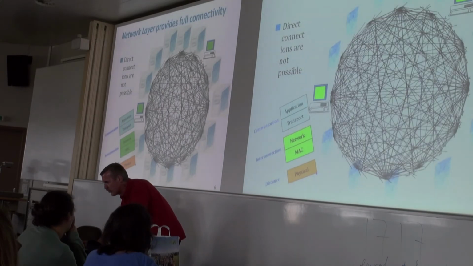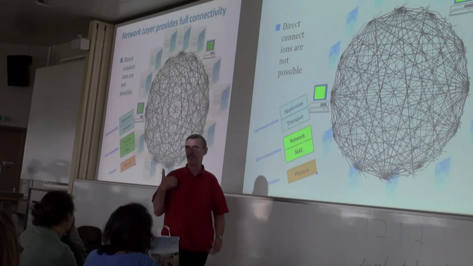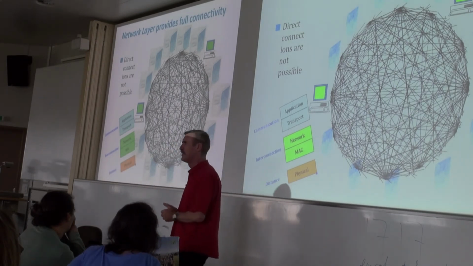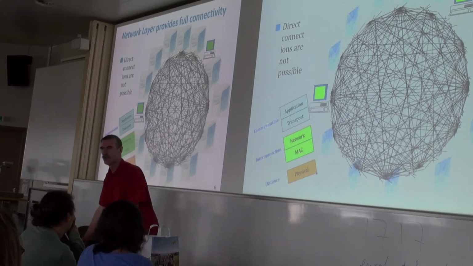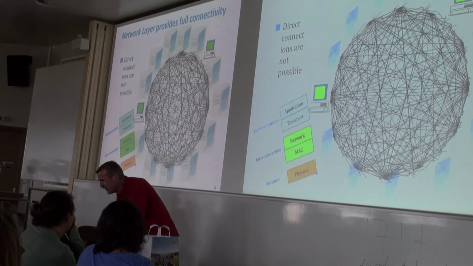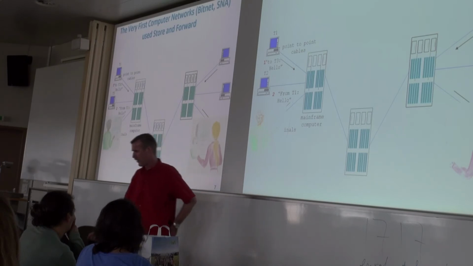Now I mentioned what a network layer is doing. Well, a network layer is solving the problem illustrated here. How do we interconnect billions of systems together without having billions to the square of wires? So how can we do it? Let's go a bit through history. Historically, what was done